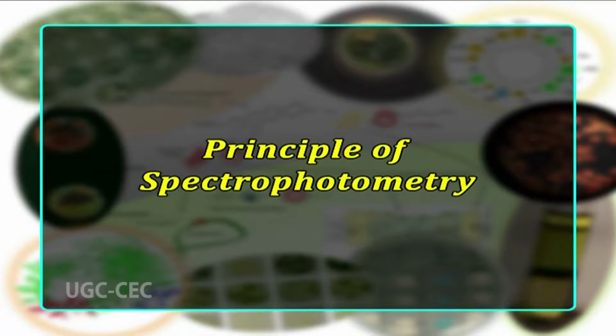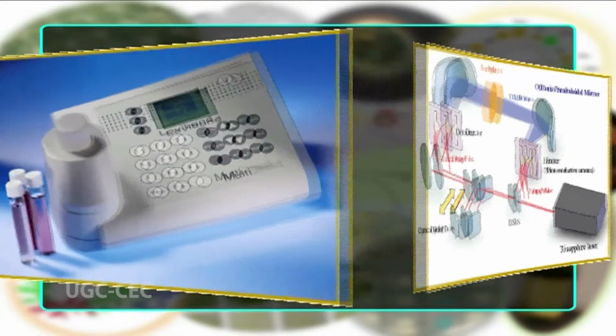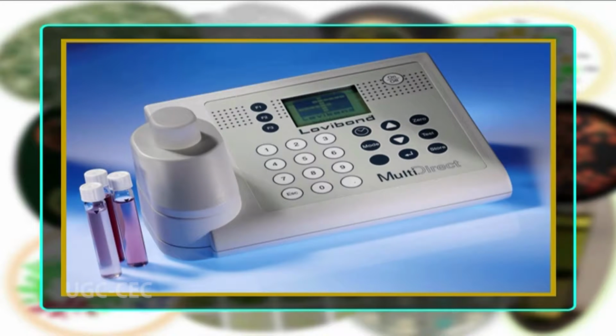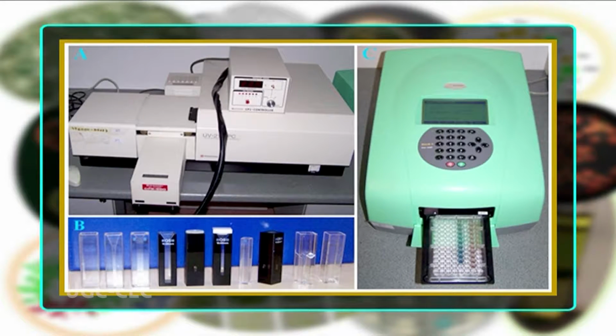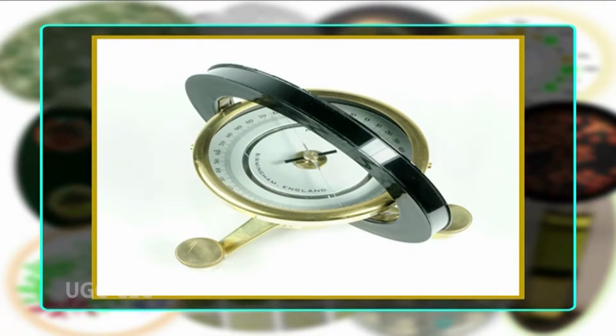Now coming to the principle of spectrophotometry. A spectrophotometer consists of two instruments, namely a spectrometer for producing light of any selected color and a photometer for measuring the intensity of light. The instruments are arranged so that a liquid in a tube can be placed between the spectrometer beam and the photometer. The amount of light passing through the tube is measured by the photometer. The photometer delivers a voltage signal to a display device, normally a galvanometer. The signal changes as the amount of light absorbed by the liquid changes.